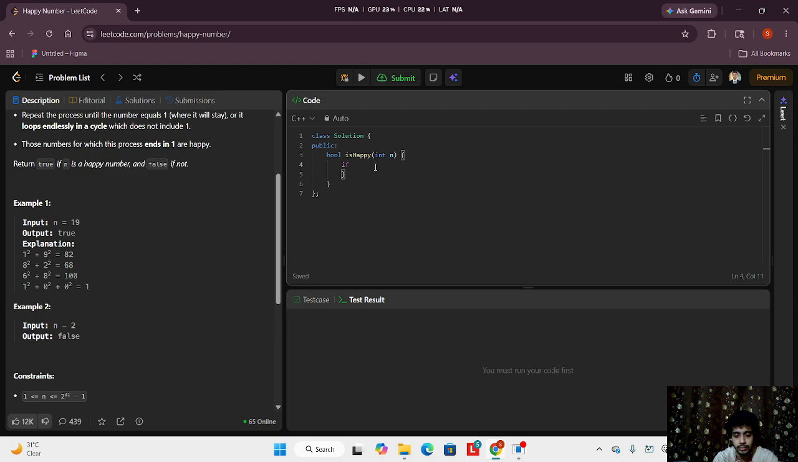For the base case, I'm just providing the base case at first. If n is equal to 1 or n is equal to 7, then what will happen? I will just return true. And if not, then else if